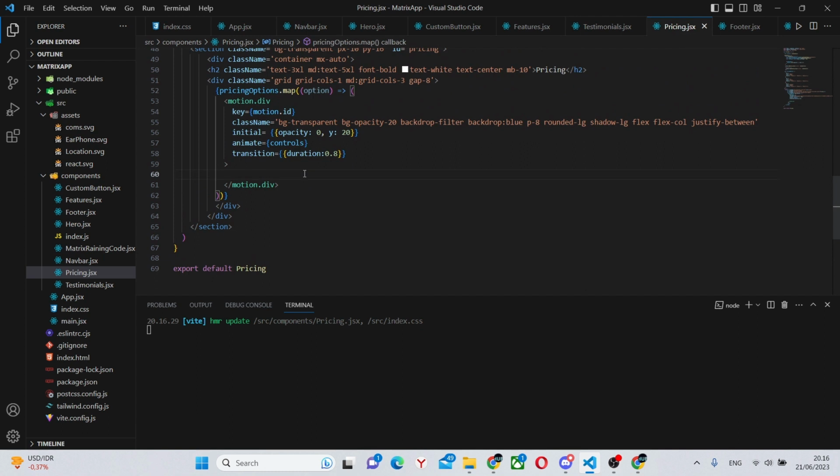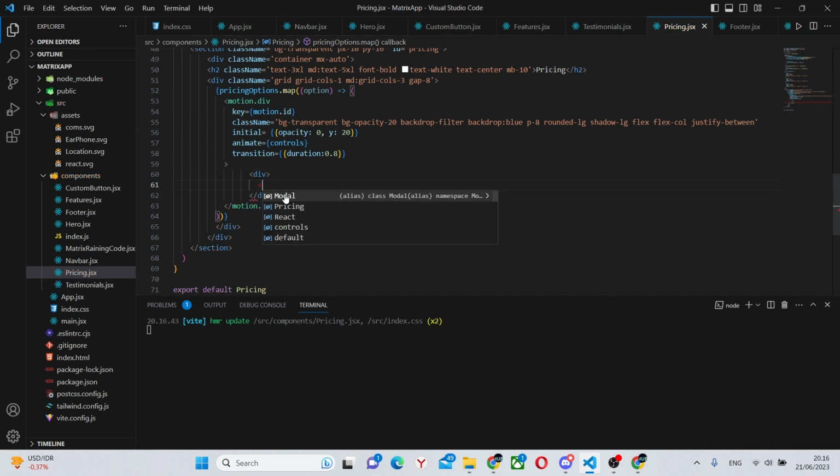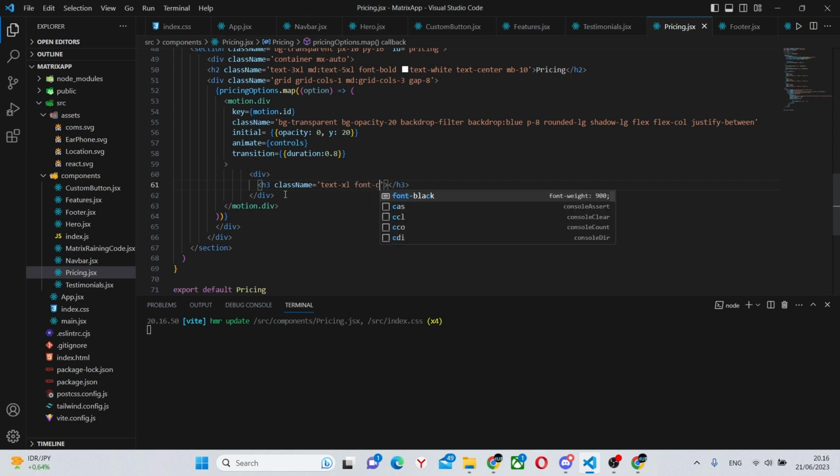Inside this motion div, we'll have a normal div, which will not actually have a class name, simply serves to make it easier to look at. This part will have a class name of text-xl, font-bold, text-white, and mb-4.